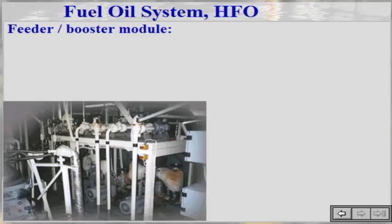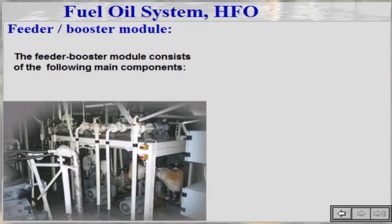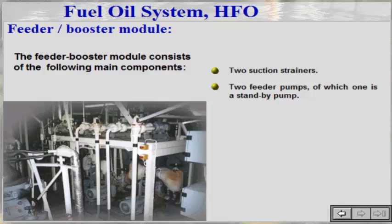The feeder booster module feeds heavy fuel oil to the engines. The module consists of equipment ensuring that the fuel oil is correctly filtered and that it will have the correct temperature and viscosity when entering the engine. The feeder booster module consists of the following main components: 2 suction strainers, 2 feeder pumps of which one is a standby pump,